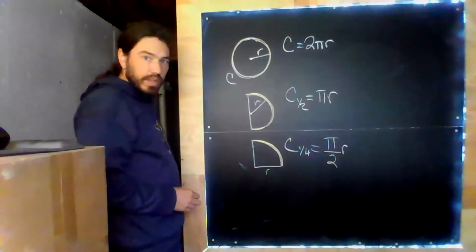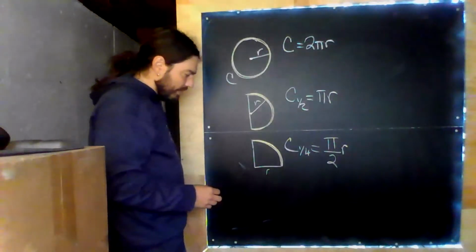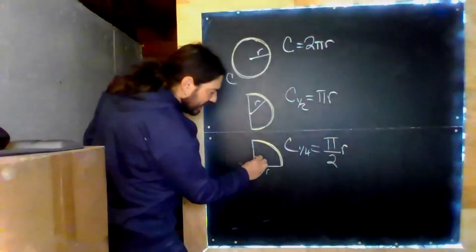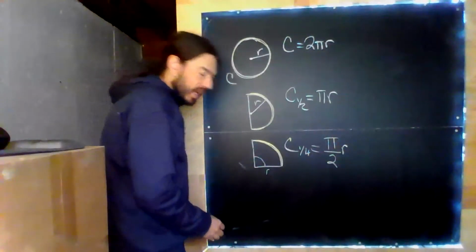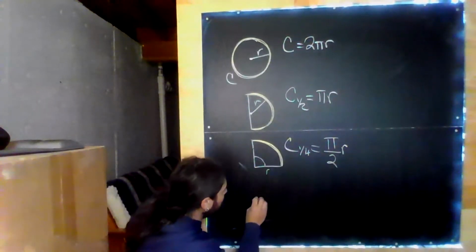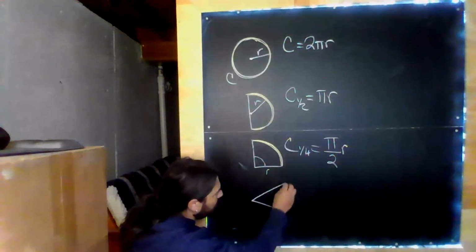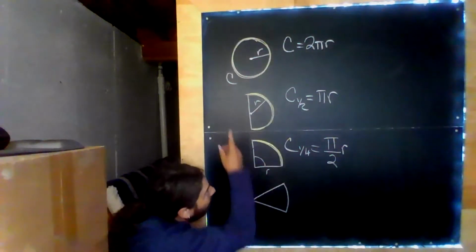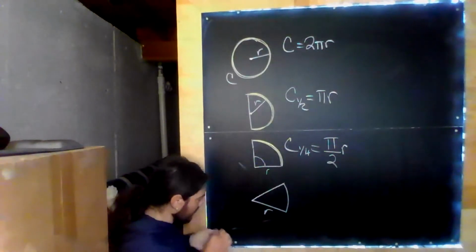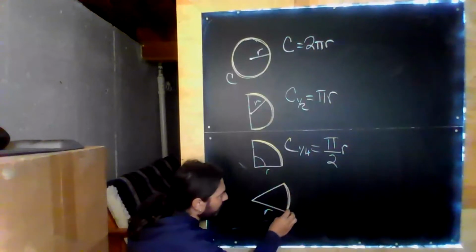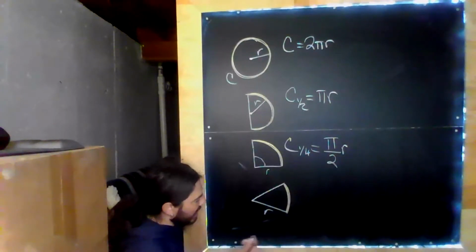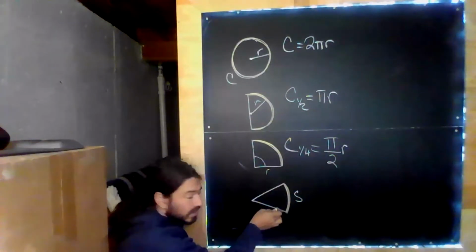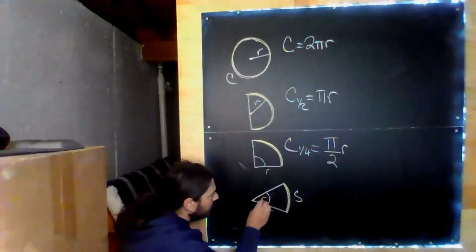Somebody who is smarter than I am had this great idea. They said, hey, let's define this angle here, and it could work for any old wedge shape. It doesn't have to be a quarter or a half or a full. If this is r and I just want to know how far this is over here, let's call this s. So if I just want to know how long this arc is,